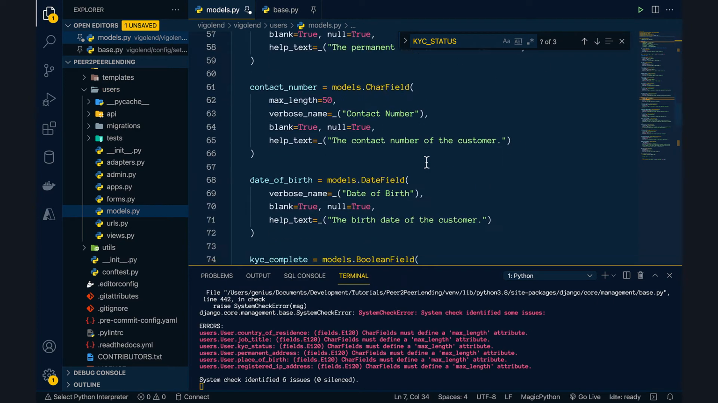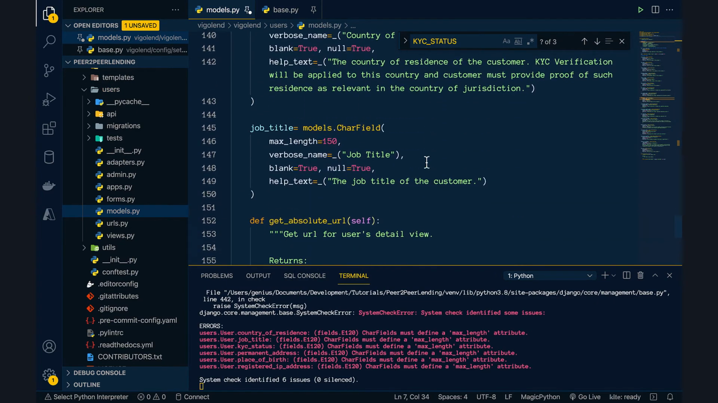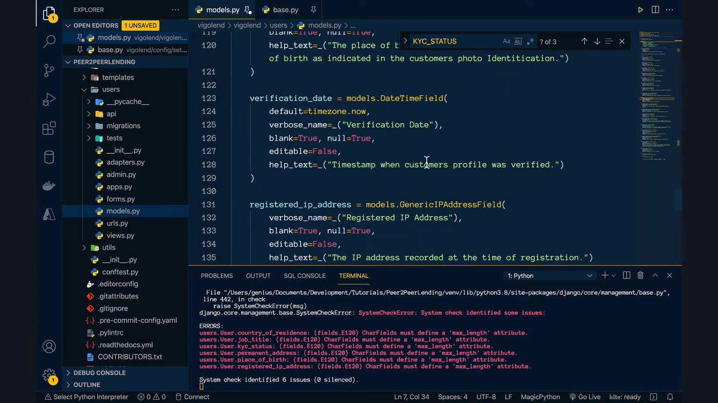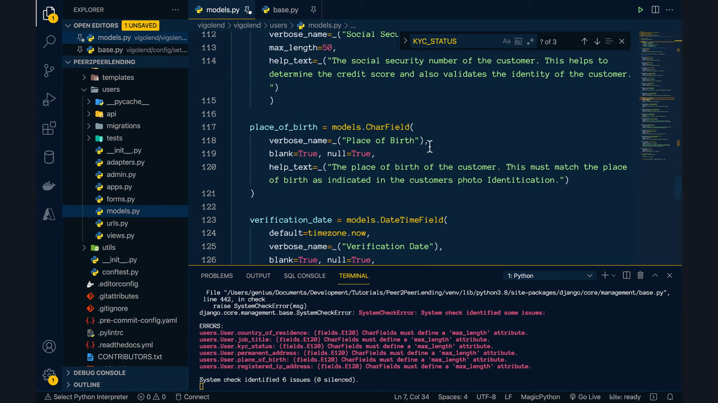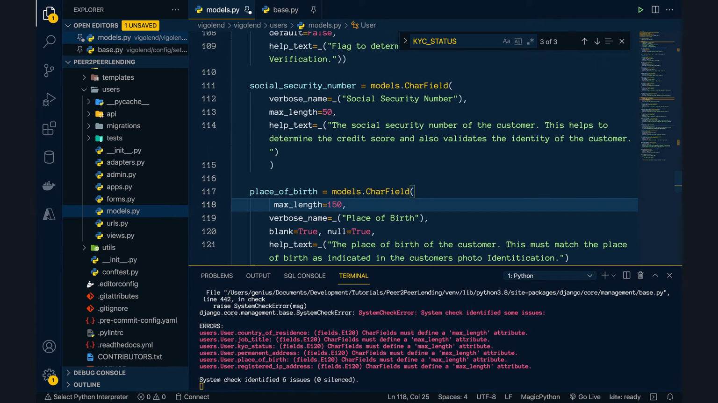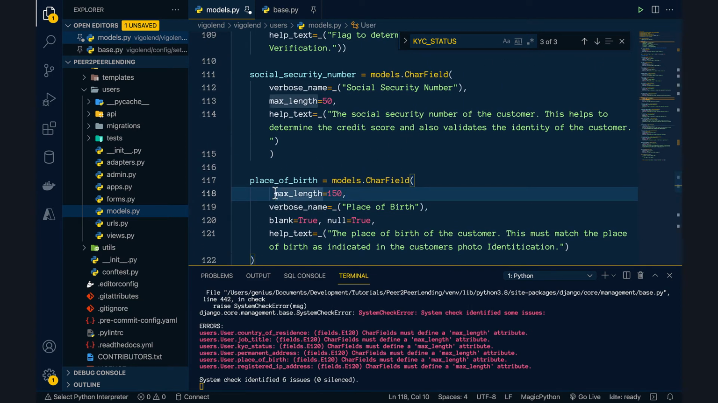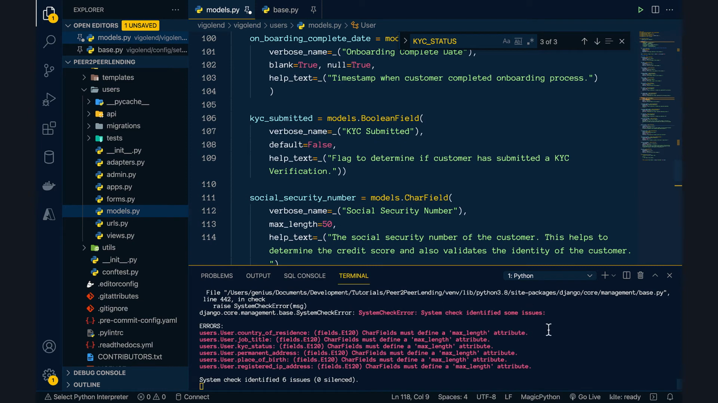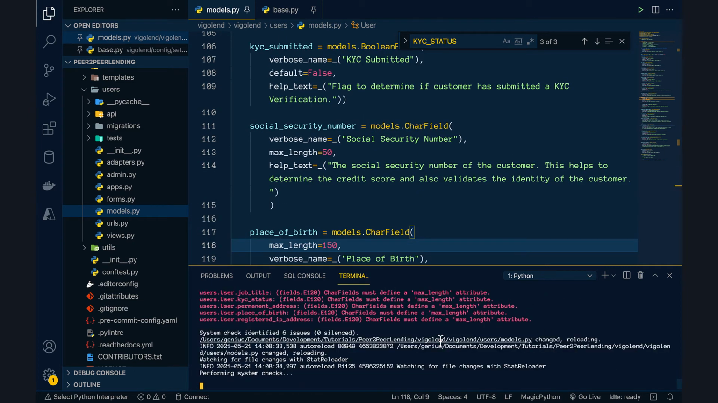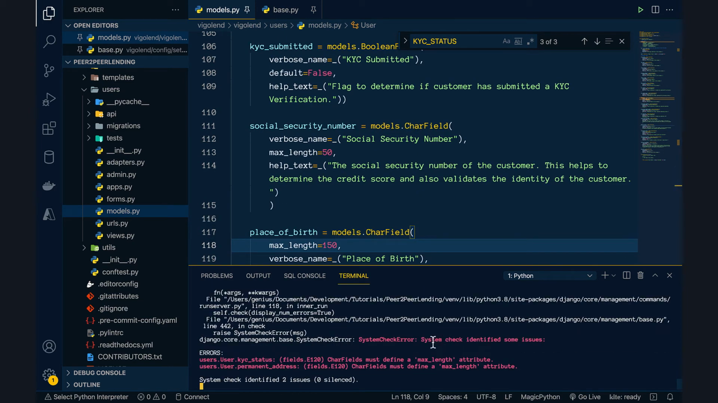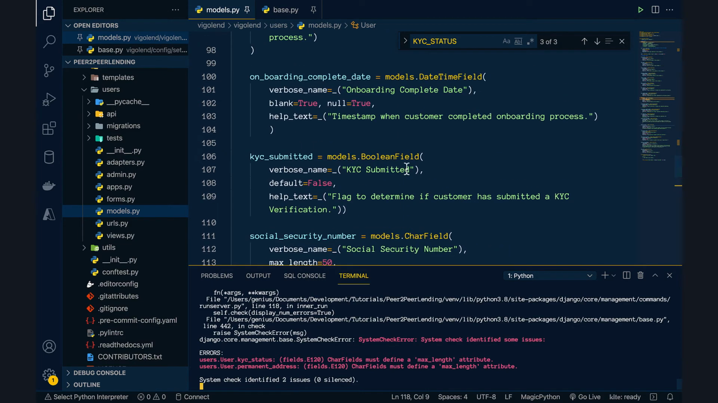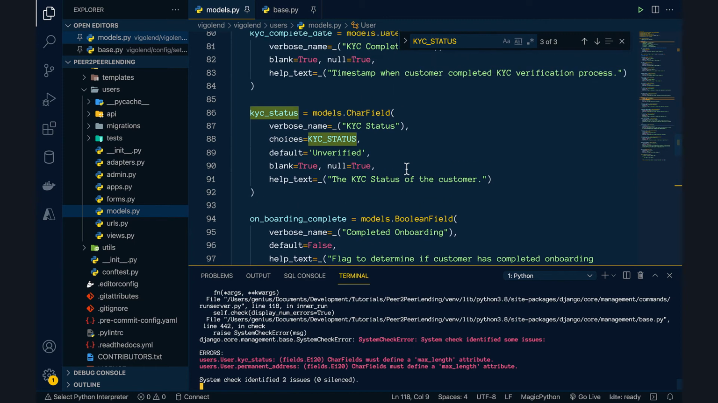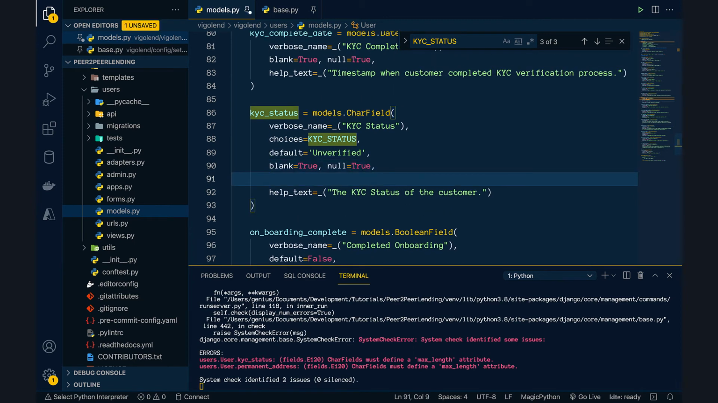Time zone. So where are we? Place of birth, maximum length, social security maximum length is implemented. Let's see what we have now. KYC status, maximum length,